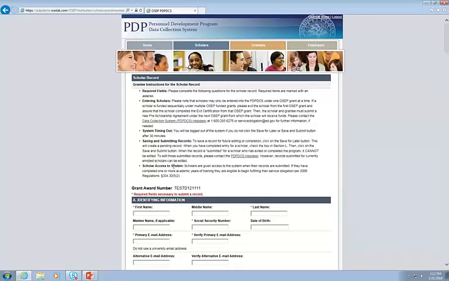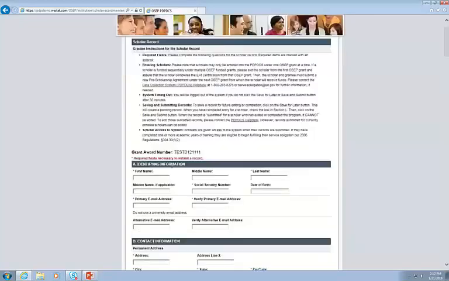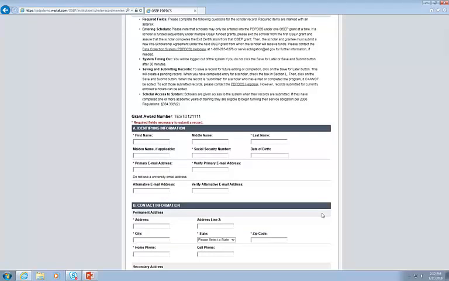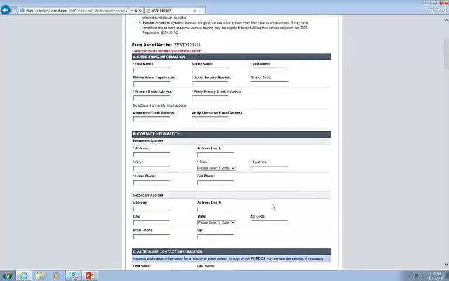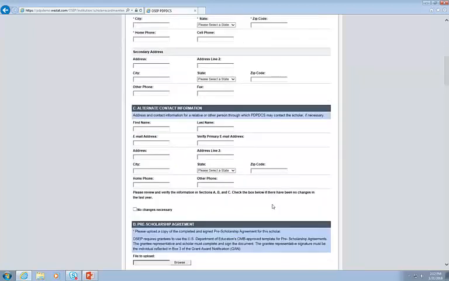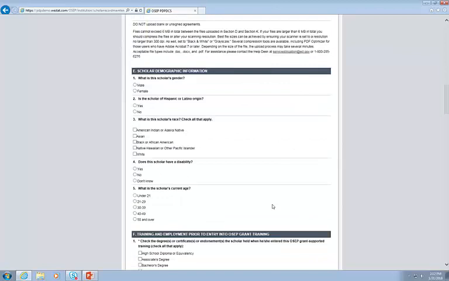So once you put in the social security number, if it's a brand new scholar, you'll see a completely blank record for them. And I won't really walk through all of these sections right now. We'll talk a little bit more about them when we look at a scholar that's already submitted in the system and is enrolled. But one thing I do want to point out, if we scroll down to the very bottom of the page,